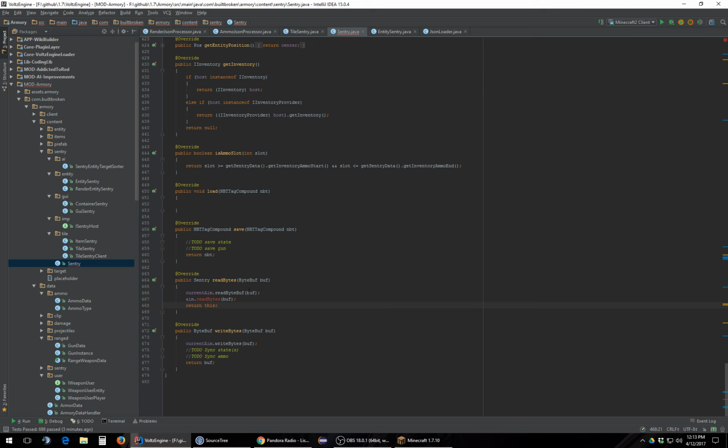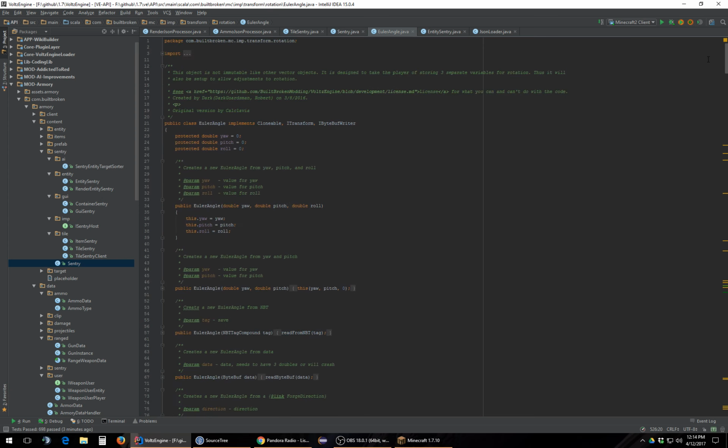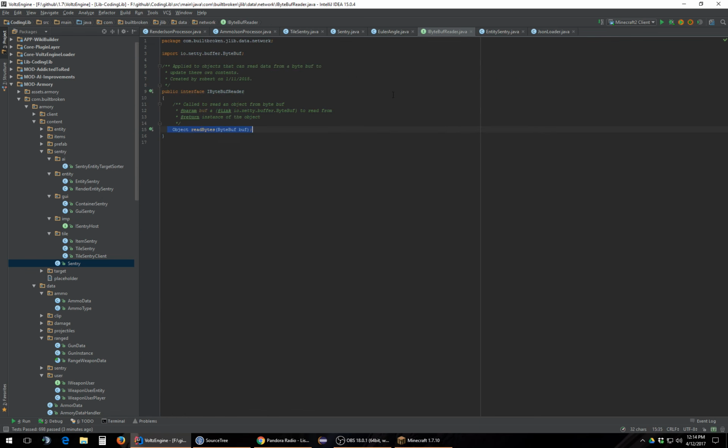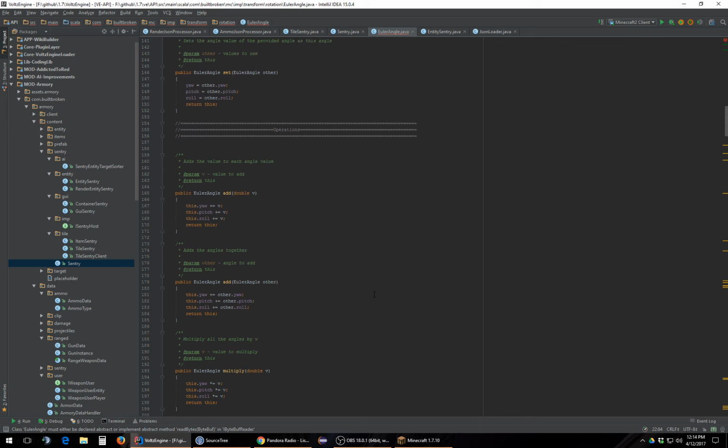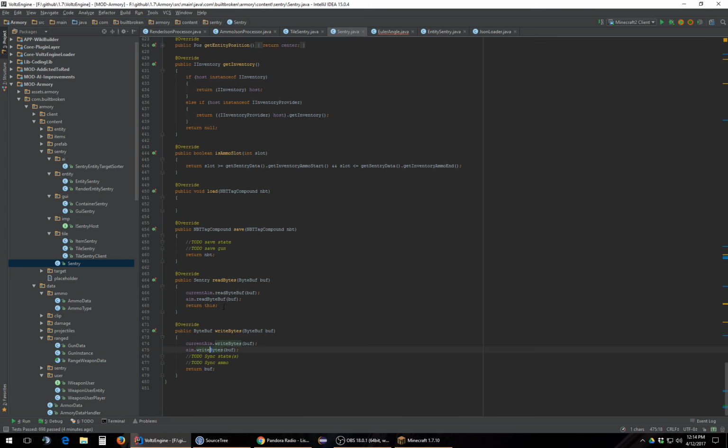Why? Oh, because I did read bytes instead of read byte buff. There we go. And then it'll be aim.write bytes. It's interesting why these aren't called the same thing. Oh. That's why they're not called the same. It's not using the method. Let me go back to the sentry class so I can find it real quick. So